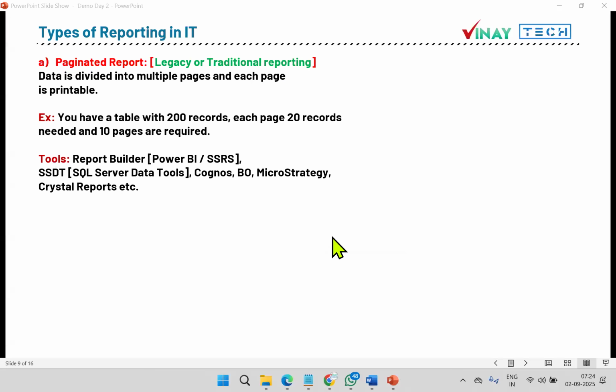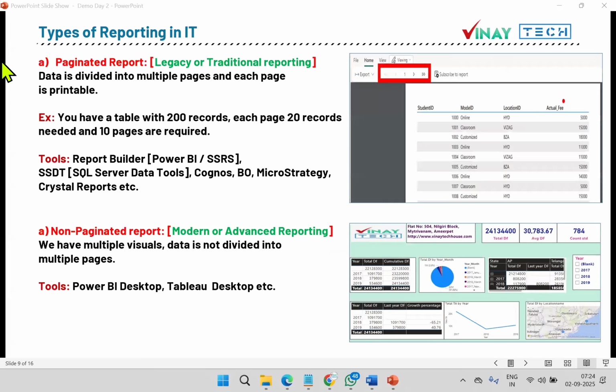Right. Types of reporting in IT. The very basic and important part. You are all getting ready to generate reports and dashboards for the company as part of organizational growth and business growth, to take tremendous decisions for the future. Then how many types of reporting are available? One is legacy reporting, traditional reporting, mostly non-decision making. We don't take any decisions like this. So you have 10 records in a page, and if you click next, 10 records in the next page, and so on. No decision making, just what is happening, you can notice.